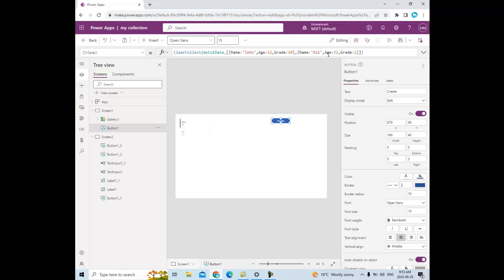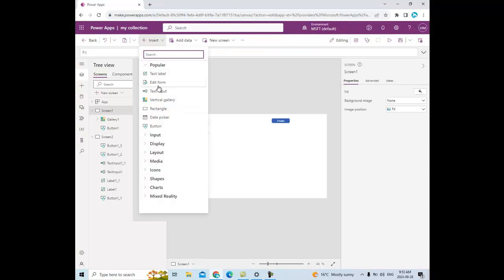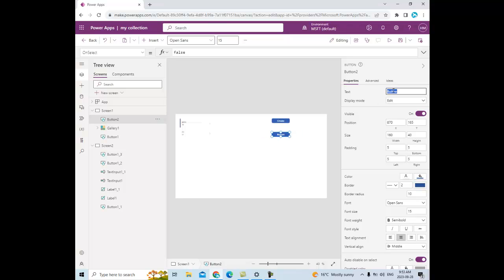Now I am going to update one single row from this collection. I will select a record from this gallery and it will show in the text box. Then I will change the text box values and it will update the collection. So for this we will put a button first and we will say update. We will put